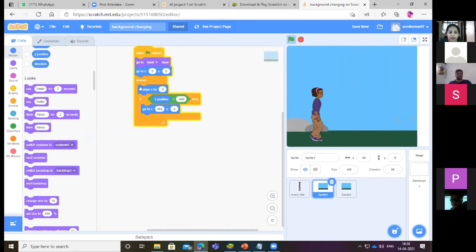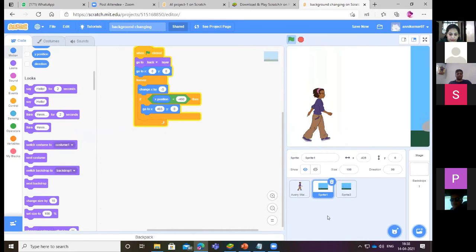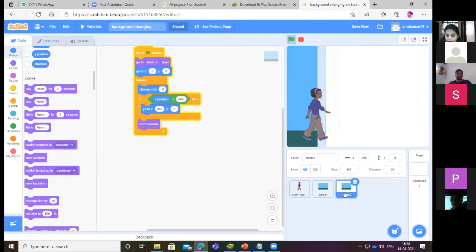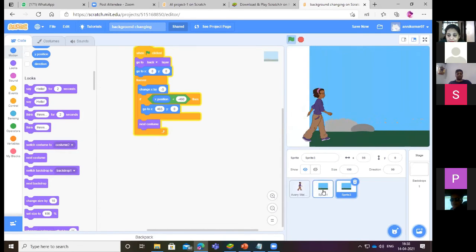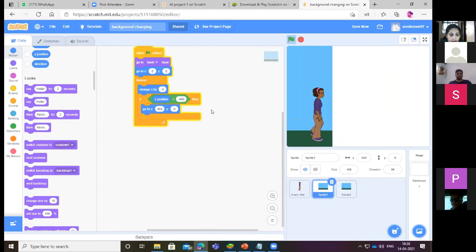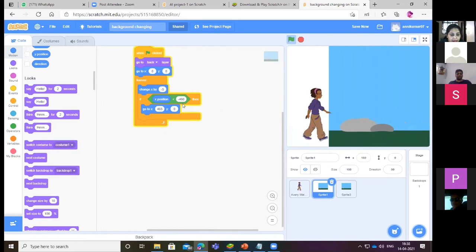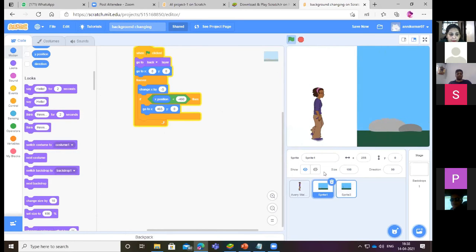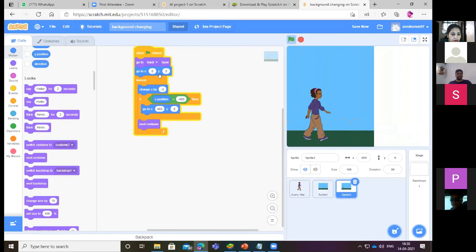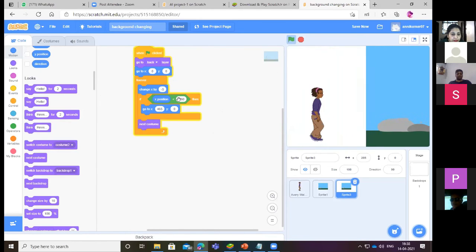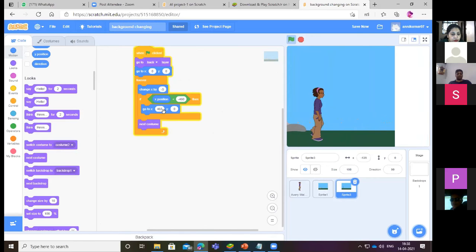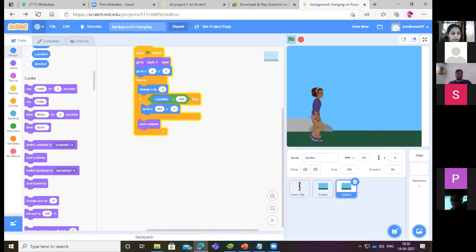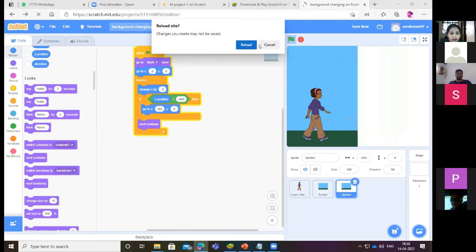And one more thing is happening here, change x by -5. Okay, let me do Control Z once. If x position is less than -460, then change x by -5, go to back layer. Okay. For this, go to back layer, go to x0, y0, change x by -5, if x position is less than -460, go to x465. If I'm not going to save it, one minute.